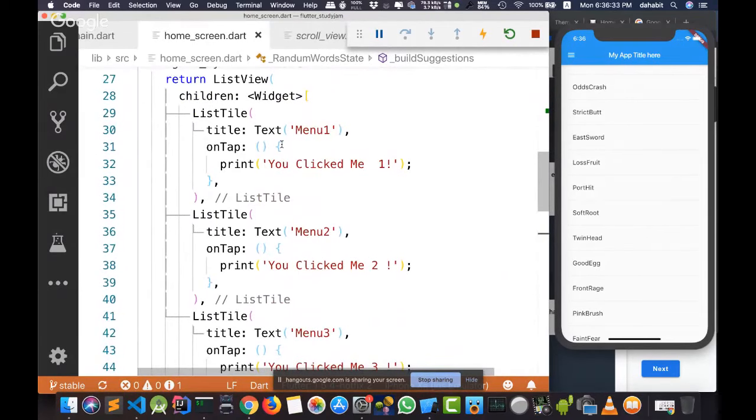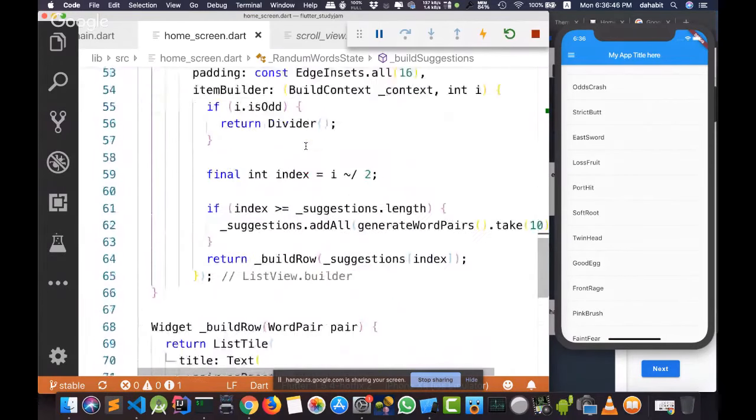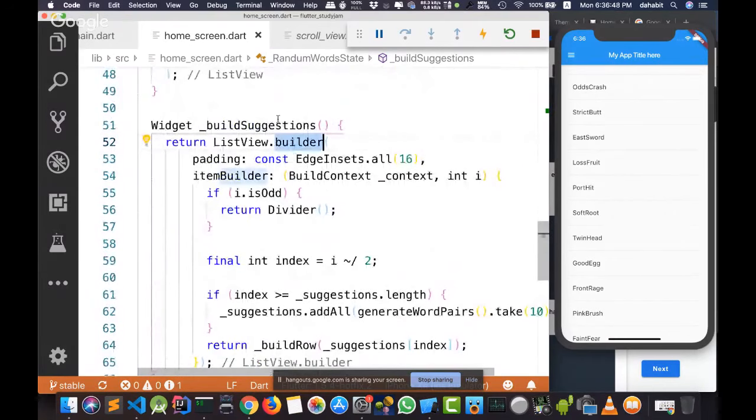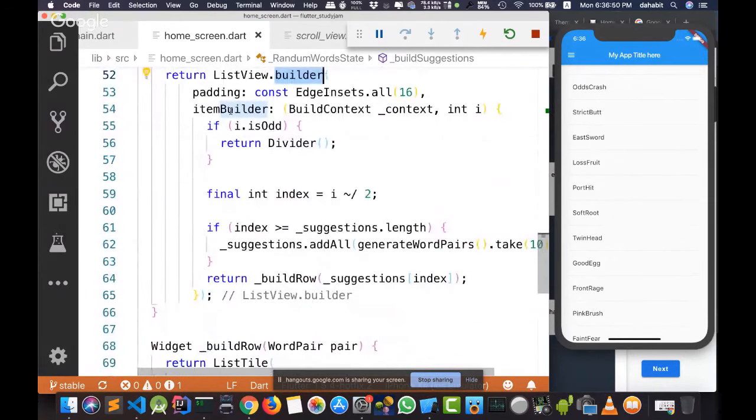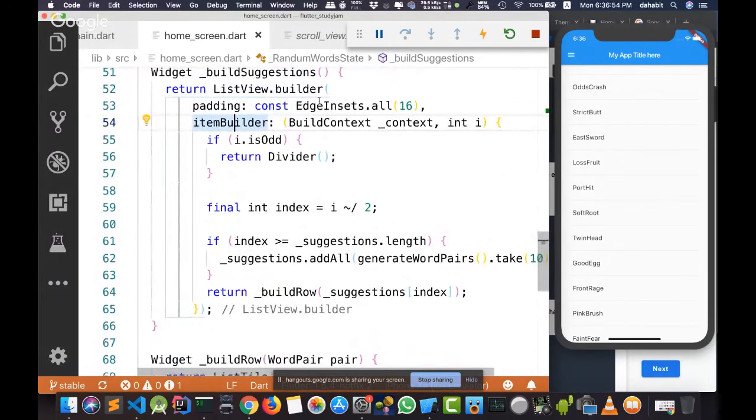But in Flutter, they built a pre-made constructor that helps you display dynamic data without any need to write everything inside it. If we come back to our named constructor, it's called builder, which takes two very important widgets that we need: item builder and item count.